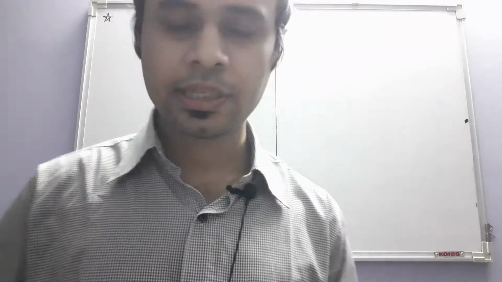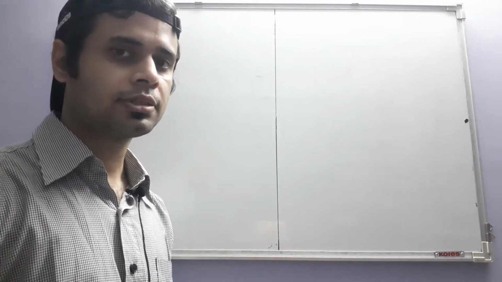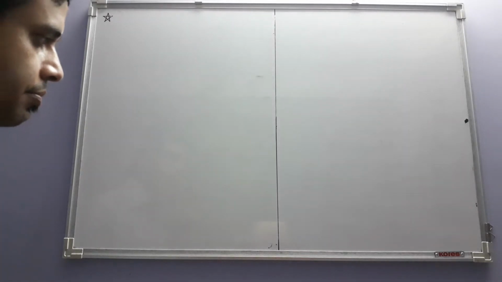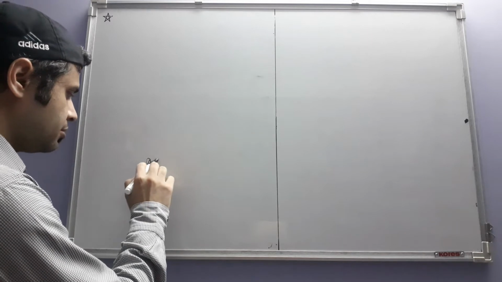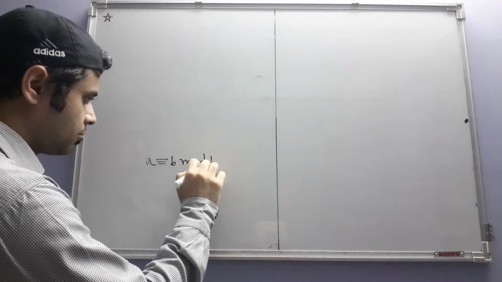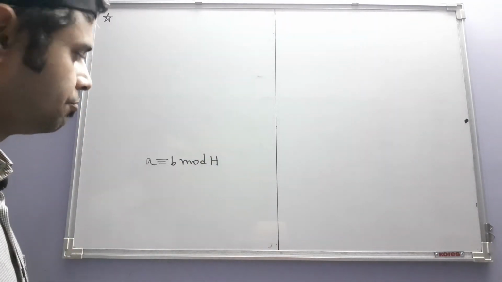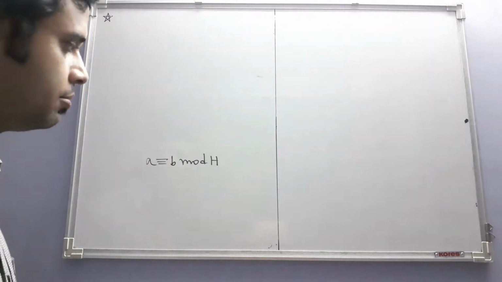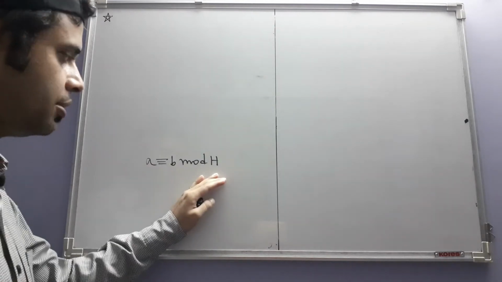Okay, so we have seen Lagrange's theorem and we have also defined the index of a subgroup in a group. Now, if you recall, we have used this equivalence relation and then we carried out some arguments which ultimately led us to the statement of Lagrange's theorem. Now we look at the same proof but without using this relation.